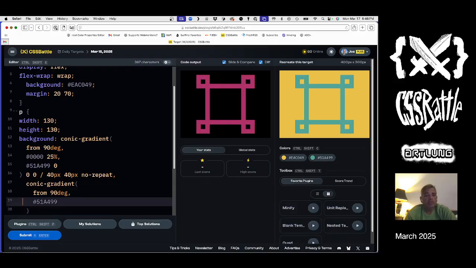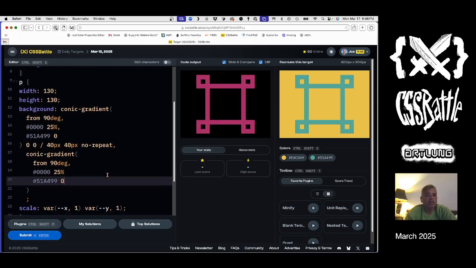No, the first color is actually transparent, 45%. And the second color stop is that. And we need to make sure we've got